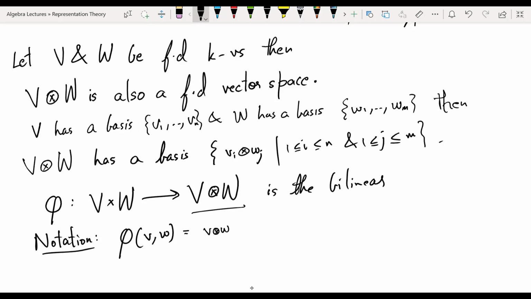These kind of elements are just the image of this bilinear map. There are many more elements, so sums of these. So remember, if you remember the construction, V tensor W is a quotient of the free group over V cross W. So a general element